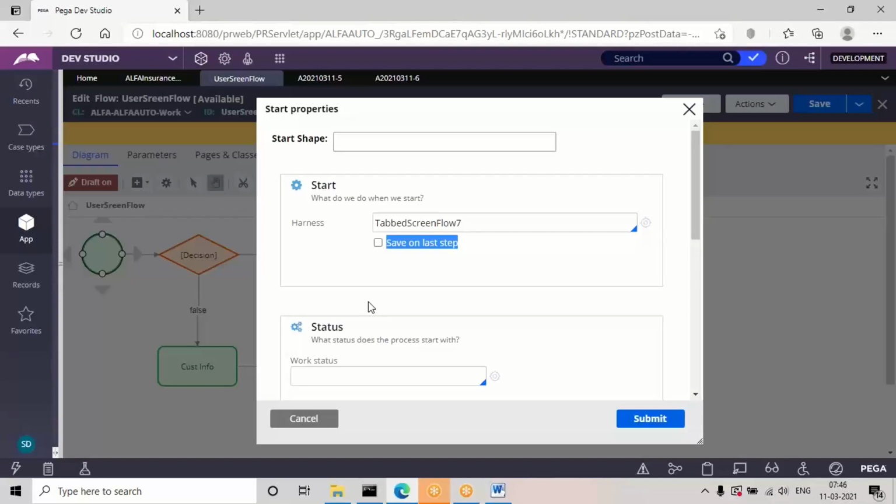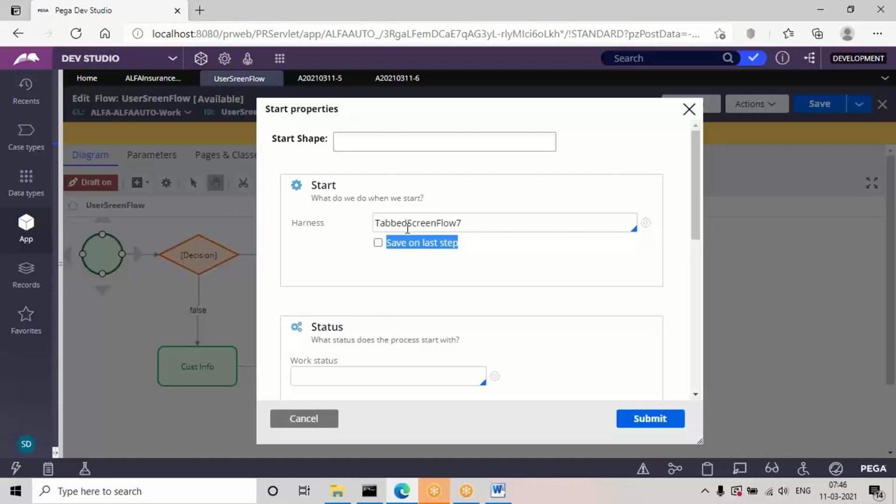And what the new harness will do is commit the data and save the data to the defer queue, and also commit the data to the default tables or any connected data tables. The point I want to make is that after every flow step, internally a commit functionality will be there, either in the screen flow or in the process flow steps. Automatically it will have a commit functionality.